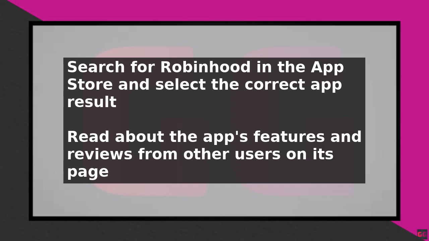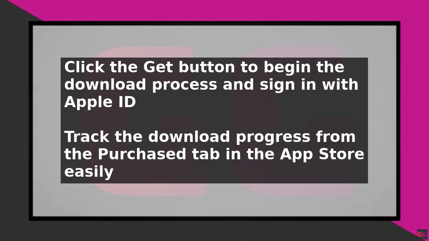When you open the app for the first time, you will be asked to create an account or log in if you already have one. Follow the on-screen instructions to complete the sign-up process, which will require you to provide some personal and financial information. After your account is set up, you can start using the Robinhood app to buy and sell stocks, options, and cryptocurrencies. Make sure to review the app's terms and conditions, as well as its fees and commissions, before making any